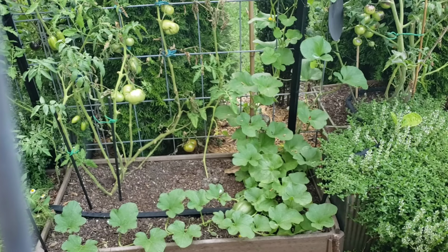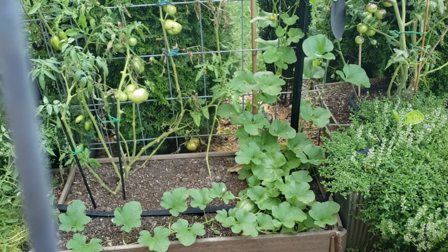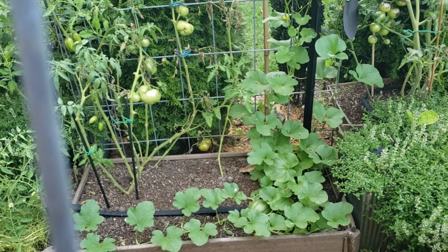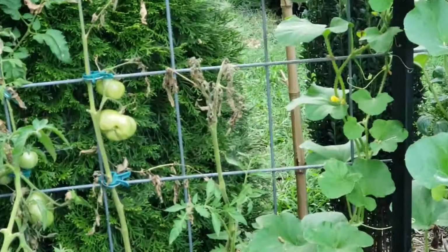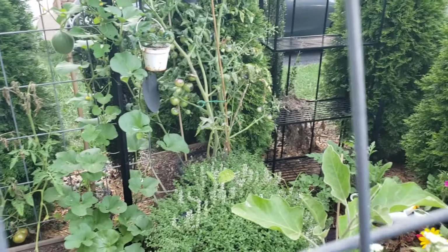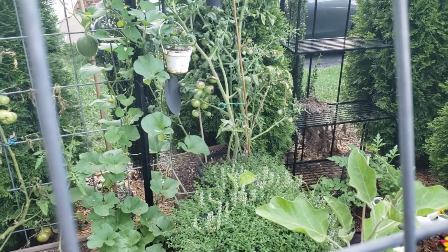That Moonglow I planted is doing okay, but I think I damaged that Black Krim over there when I was trying to clean things up about a week and a half ago. So I need to remove some of those branches that are dying back. And then all of my dark tomatoes, like the Indigo Rose and the Queen of the Night, let's go look,